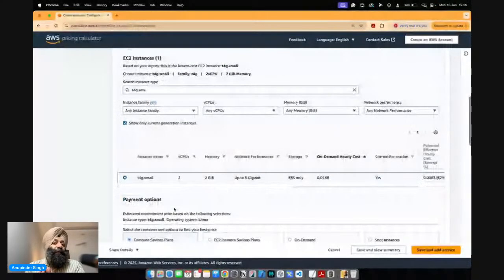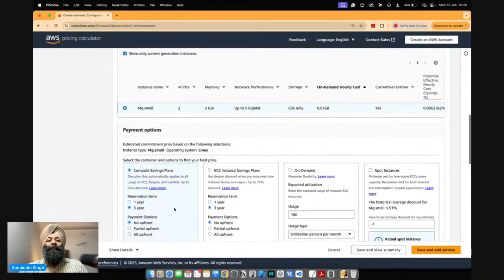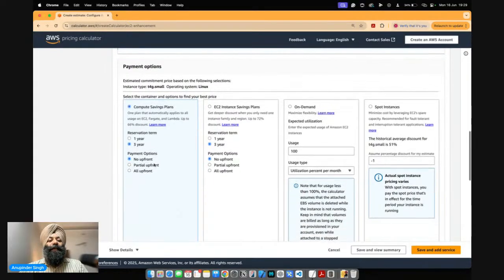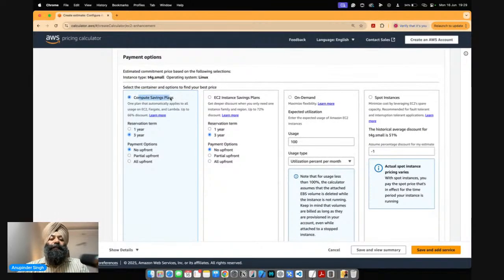अब मान लीजिए आपको पता है कि आपके जो रिसोर्सेज हैं that is going to be used for certain specific period of time, 1 साल, 2 साल, 3 साल. उस केस में आपके पास पेमेंट ऑप्शंस होती है. सो पेमेंट ऑप्शंस हमारे पास क्या है? एक तो कंप्यूट सेव पेमेंट प्लान है जहां पे मैं 1 ईयर या 3 ईयर के लिए प्लान कर सकता हूं. अगर मैं 3 ईयर के लिए प्लान करता हूं और मैं सारी की सारी पेमेंट अपफ्रंट कर देता हूं, तो एट दैट पॉइंट ऑफ टाइम अगर आप 3 ईयर्स के हिसाब से देखो तो टोटल कॉस्ट आपके पास अराउंड $200 है अभी तक जितनी आपने कॉन्फ़िगरेशन दी है.